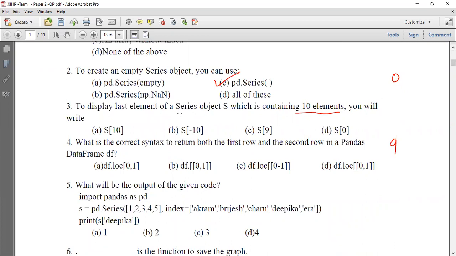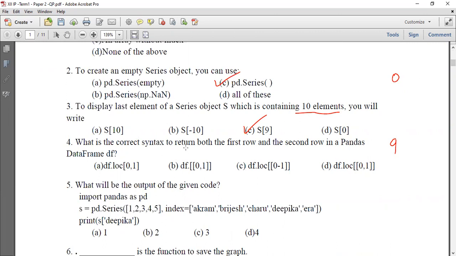So to access the last element, the statement is s[9]. Here s[0] stands for the first element, and s[-10] also stands for the first element. Why? Because in backward indexing this is -1, this is -2 and so on, so this will come as -10. So this will also represent the first element.